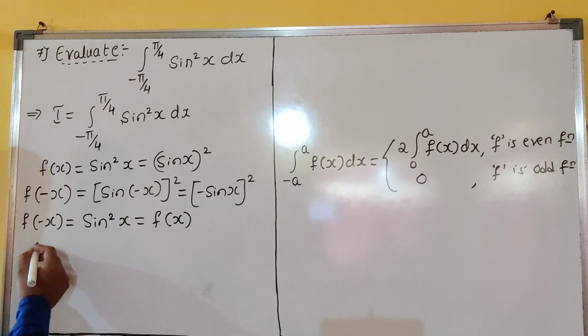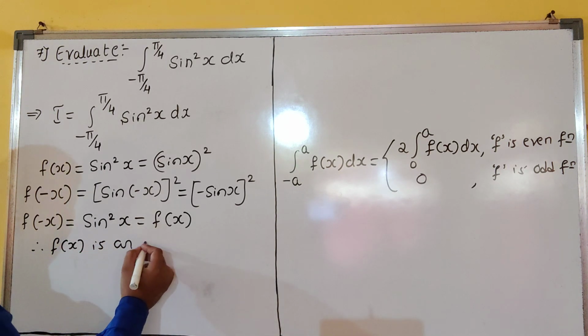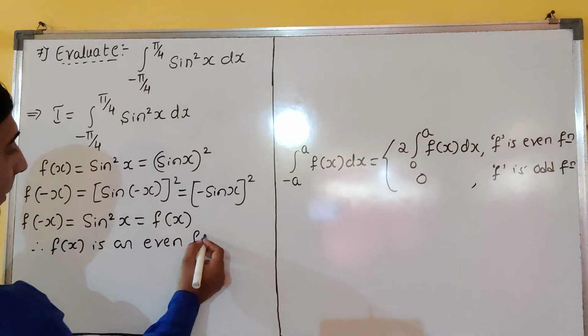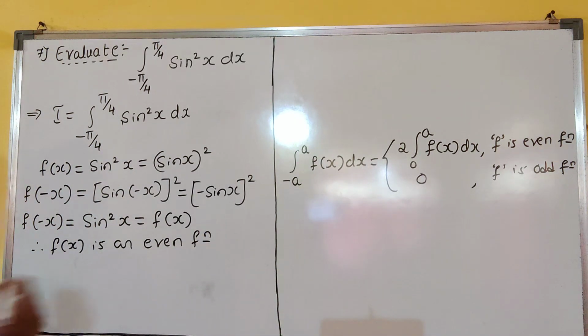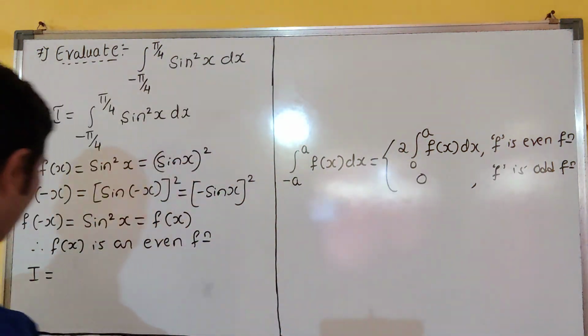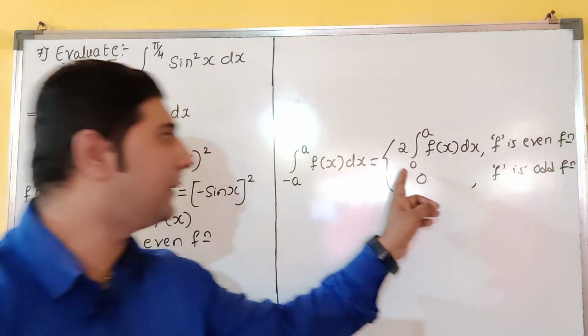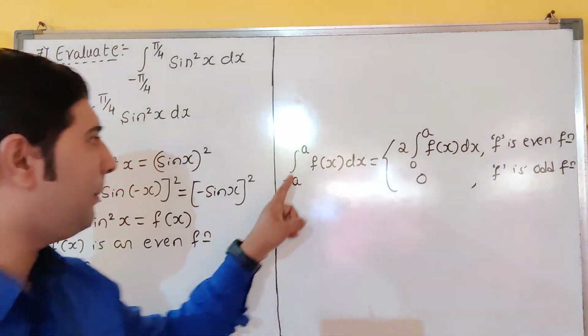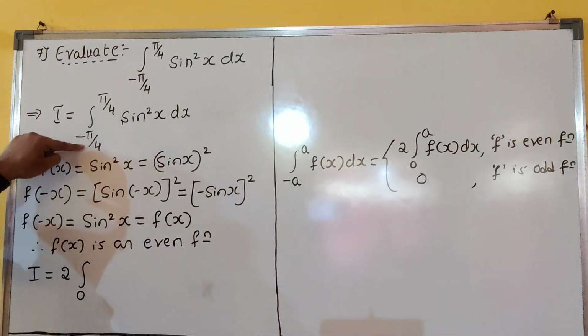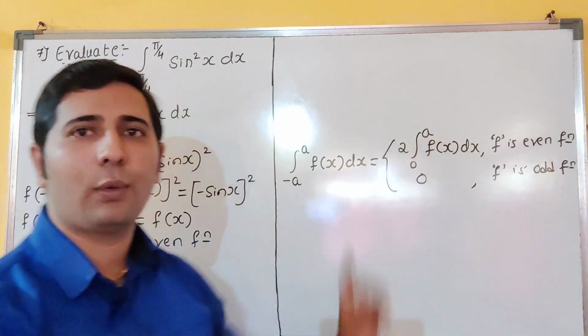Therefore you write first: f of x is an even function. Even function means solving is different. So now I is equal to, therefore, now what will it become? Even function means how will we write? 2 into the integral from 0 to a. Minus a to a you will write, or not? And a is what? Pi by 4. 0 to pi by 4 I have to write, dear students.